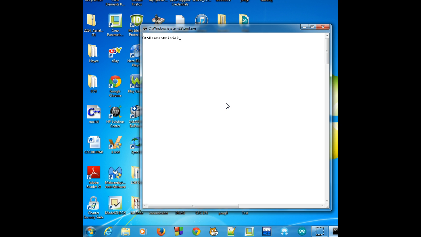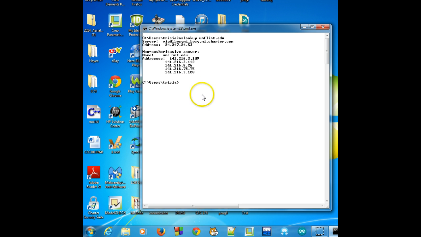So I'm going to go ahead and start off by doing an nslookup of, let's do umflint.edu, and it comes back. First, the thing it tells me is who gave me this information. So this is the information telling me which domain name system server supplied me the information. And it looks like it's a Bay City, Michigan Charter server that did this for me. Its specific IP address is